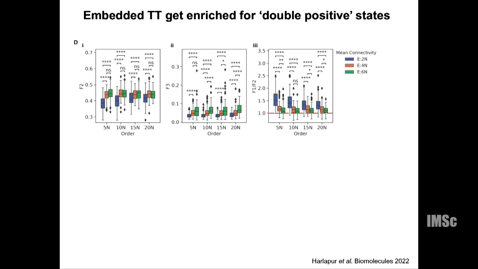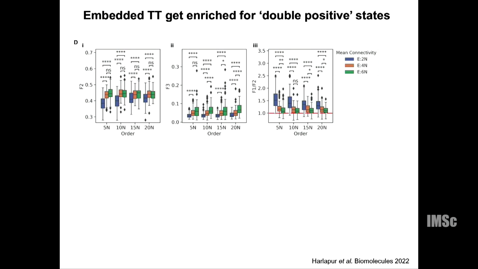So what we noticed there was that indeed the double positive states begin to increase, and there's not really a whole change in the triple positive states. They continue to stay below 10% of the steady state distribution. And interestingly, if you plot a ratio of single positive to double positive in the limits of higher density and higher sizes as well, you begin to see that limit is reaching 1, which basically means that as you embed